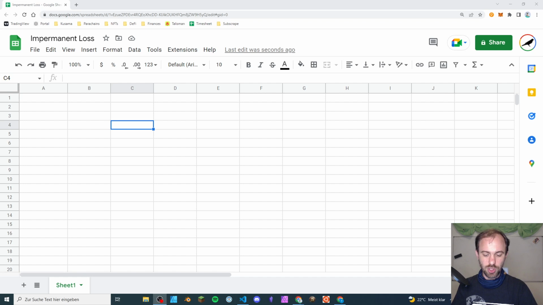So this tutorial will assume that you know about DeFi, that you know about decentralized exchanges, automated market makers, and liquidity provision. But just very roughly, for those that still want to keep up, even though you don't know about all of these topics, when you're providing liquidity, one of the most important concerns for you is impermanent loss. And impermanent loss basically means that